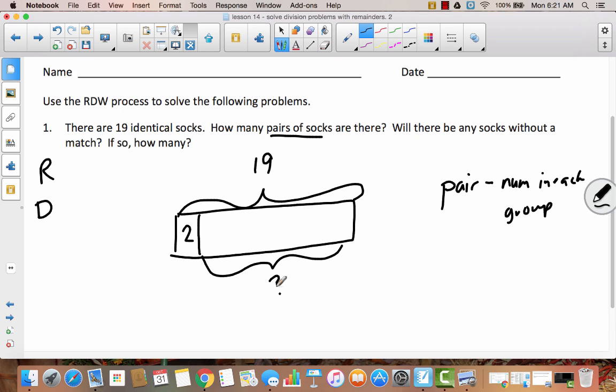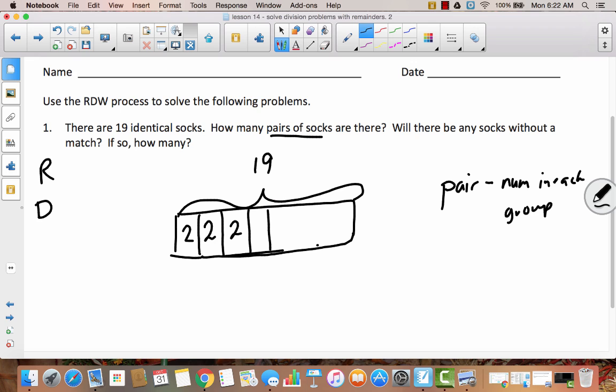So I could put my question mark here, but it kind of looks like I'm trying to figure out what this area is, but I'm not. I'm trying to figure out how many groups there are, okay? So the way that we can figure this out is we can count by twos, okay? And I'm going to go ahead and erase this question mark because I don't want it to appear that I'm trying to figure out what the difference is between 2 and 19. All right, so this would be 2, and then if I add another 2, that would be 4,